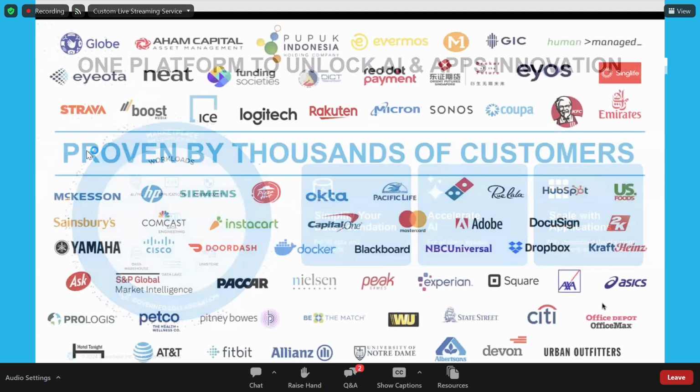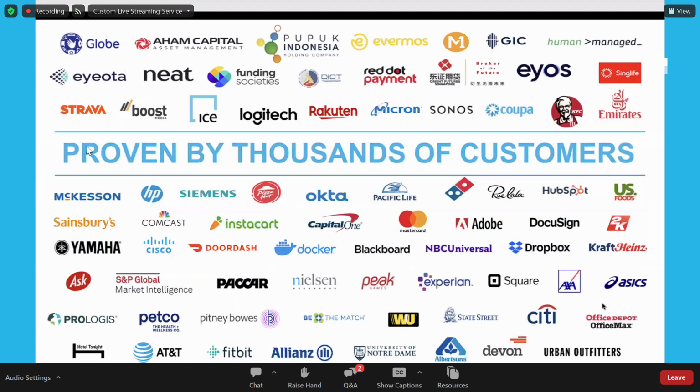So with the Snowflake data cloud environment, we have customers around the world from different industries. This is just a subset of the customer logos. And you can see here, even within our region, within the ASEAN region, we have the largest telco company from the Philippines. We have a famous capital management company from Malaysia. We have a Singapore-based telco company, a Sovereign Fund,